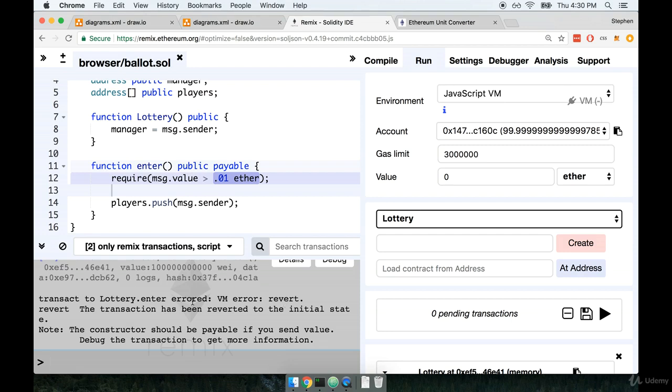In the last video, I had mentioned that as soon as we start using require statements, we might see errors like this, and it gets a little bit challenging to figure out why our functions are failing, specifically because the error message does not say that we failed some require check. Now, fortunately, there is a good way inside of Remix in particular to make debugging of your function calls a